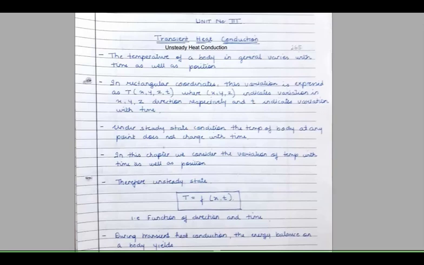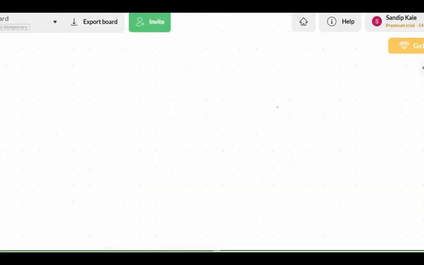So let's begin. First of all, we will understand steady state. All of you have an idea of it, but we will take a quick revision. So what do you mean by steady state? What is steady state all about? I will explain it with an example.